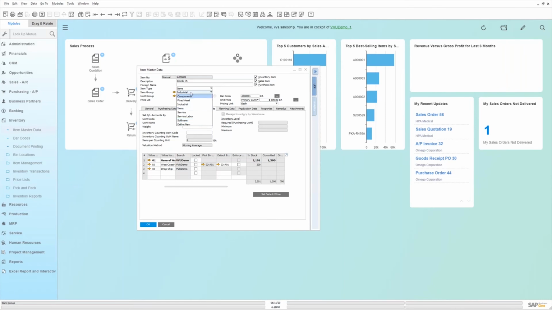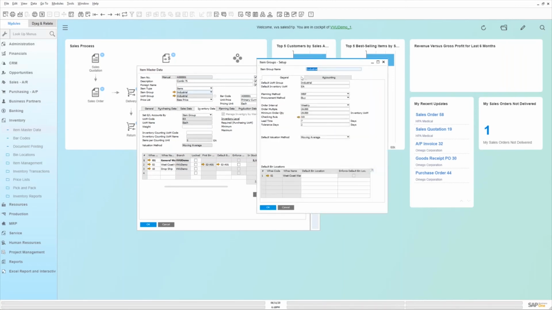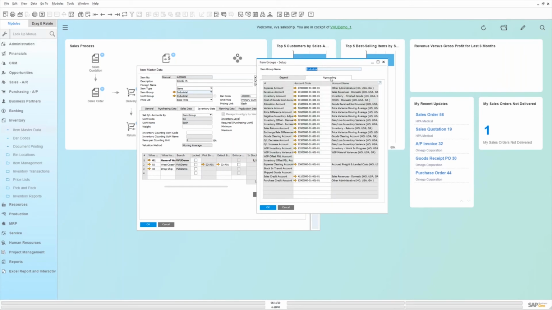So because this is assigned to the industrial group, if I were to open up the groups, you would see that when I create the groups, the general tab has a bunch of information for inventory management. But in addition to that, there's an accounting tab where you will now recognize all of those same GL accounts that we saw in that inventory tab, where now we can override what's happening in the core GL determinations